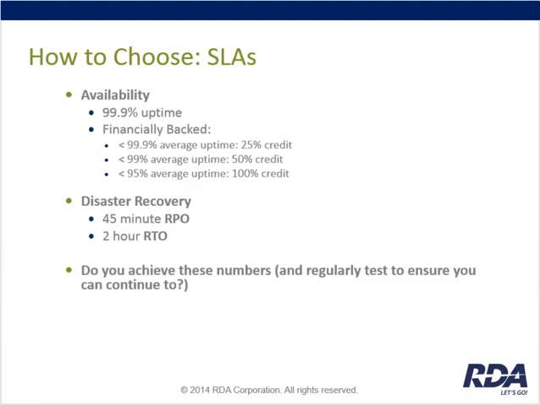Next is SLAs. With SharePoint Online, you get 99.9% uptime baked in, and the way they guarantee this is with financial backing. If it's less than 99.9% uptime over the course of a month, you get a 25% credit on your bill. If it's less than 99, it's a 50% credit. And if it's less than 95, you get a full credit for that month. And what the three nines means is, I believe, 42 or 44 minutes of downtime